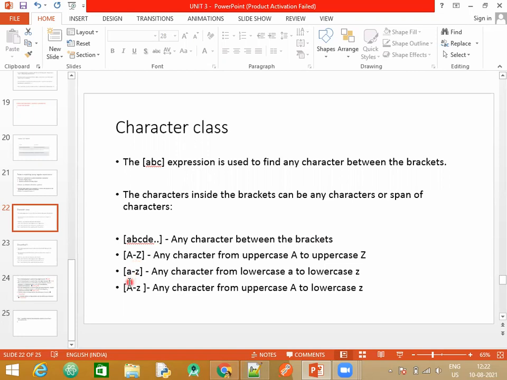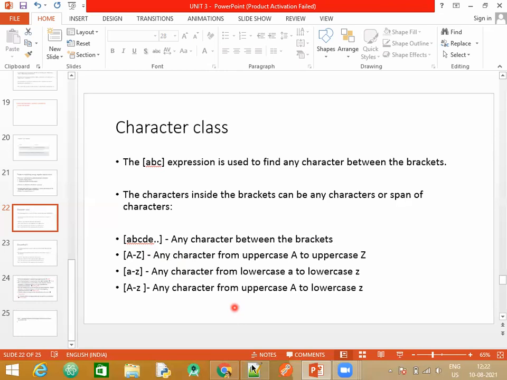Have a look at the next character class. You have small case a to z. And the last one, capital A, but the ending is what? Lowercase z. So you can match capital A up to capital Z, small case a up to small case z. Getting it? So character class is represented by square brackets, and what does it take as a parameter? The expression that you want to match. So you can either specify the range, or if you just have 3 to 4 characters to be matched, you can give just ABC or ABCD, only 4 characters you want to match.